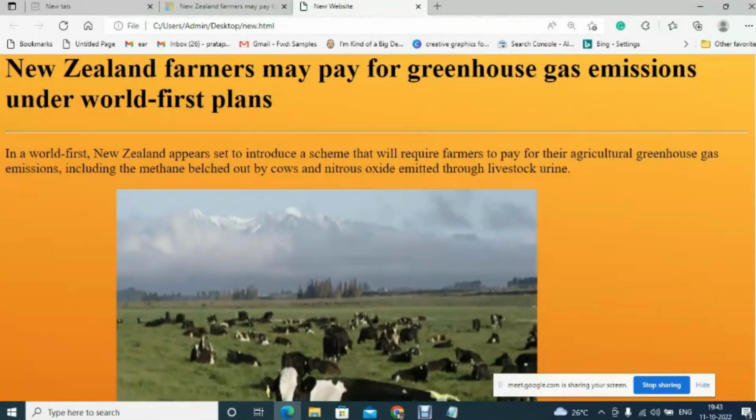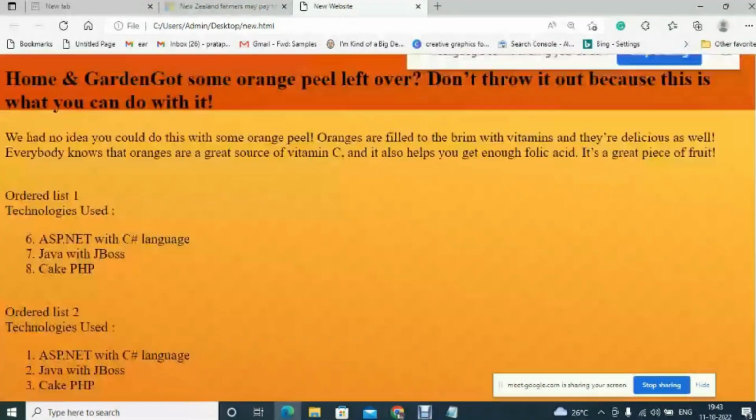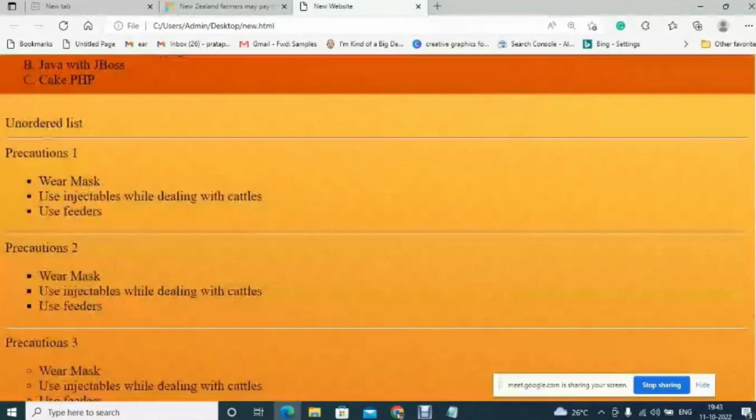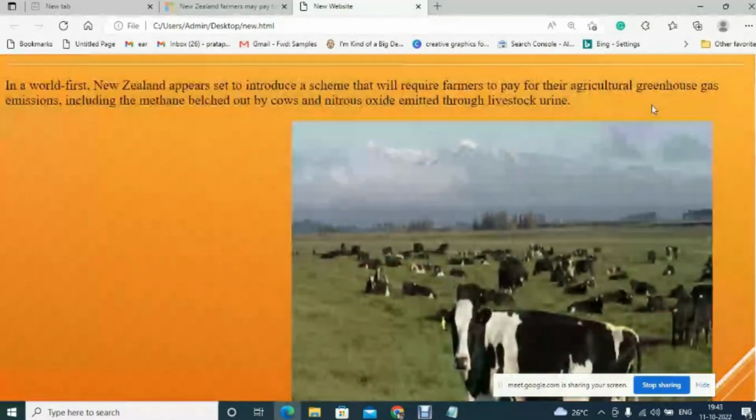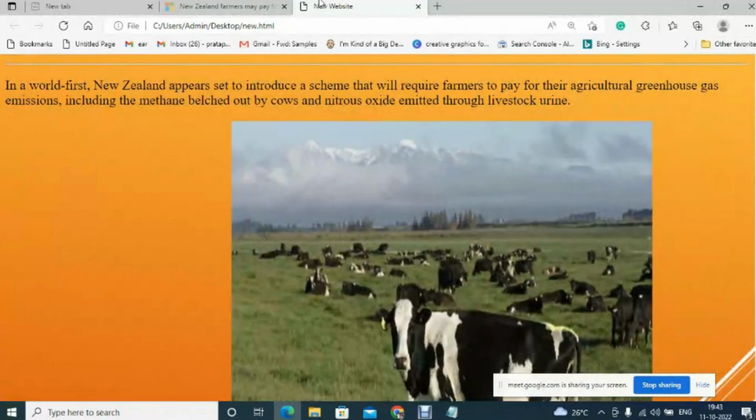All the colors and everything you need to practice. From today's code, you will be practicing all these. And in the coming classes, we will be doing